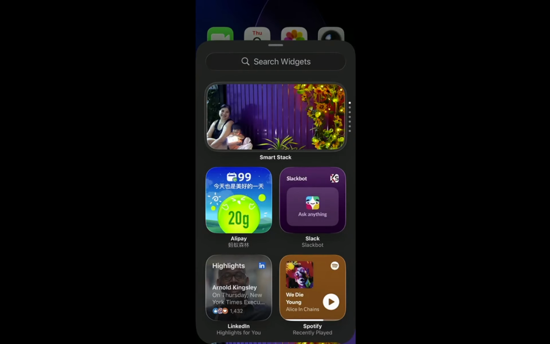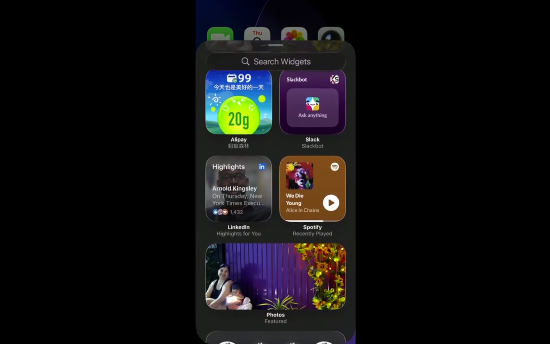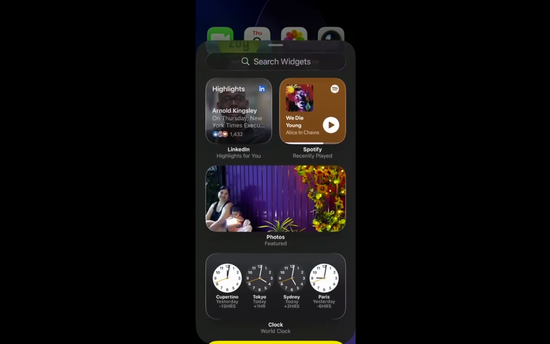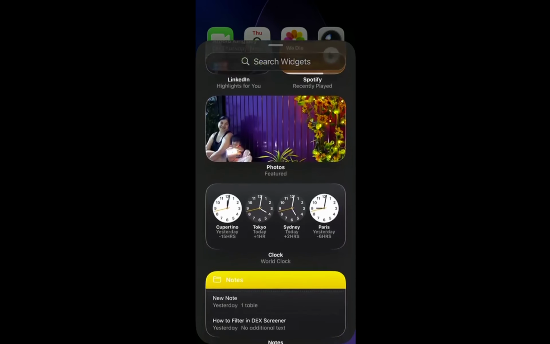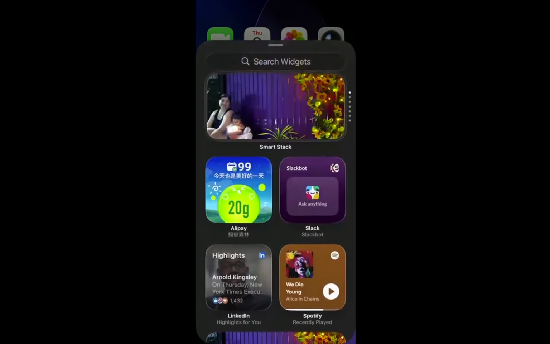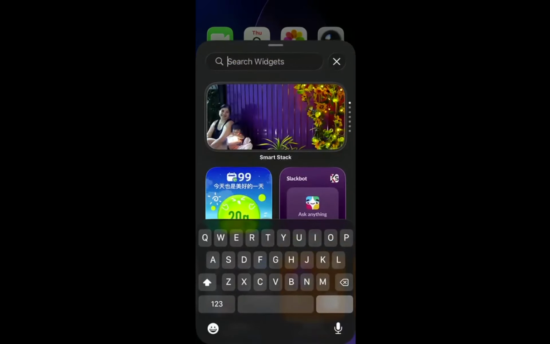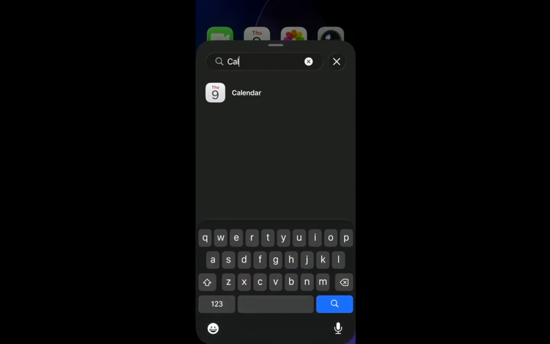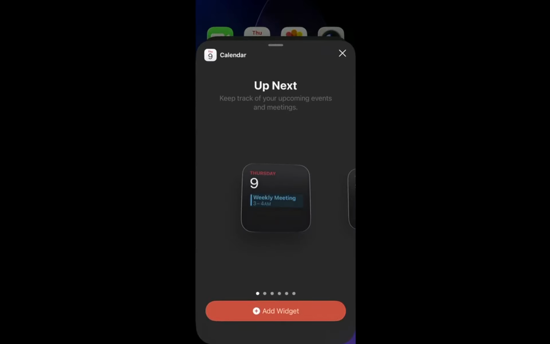Now, search for or select Calendar from the available options. You will see a list of apps, and finding Calendar is straightforward. This step matters because it determines which widget you want to add to your home screen. The Calendar widget is particularly useful for keeping track of appointments and reminders at a glance. Once you locate it, you can confidently continue to the next step, knowing you are selecting the right widget for your needs. After that, swipe to choose a widget size.